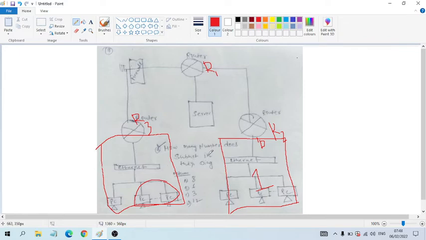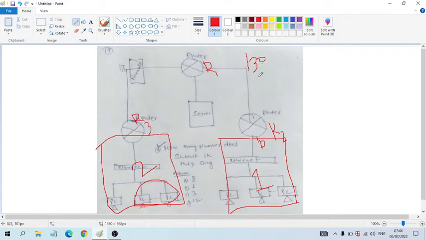Actually, what is a subnet? A subnet is a small part into which one network is divided, so that is called a subnetwork. So these are the main three networks: one network, second network, and third network. So one subnet is there and a second subnet is there, and between router 1 and router 2 we have already assigned one subnet, suppose with this router IP slash 30